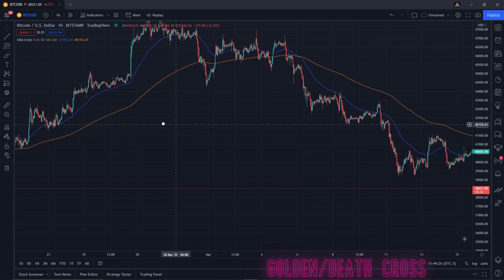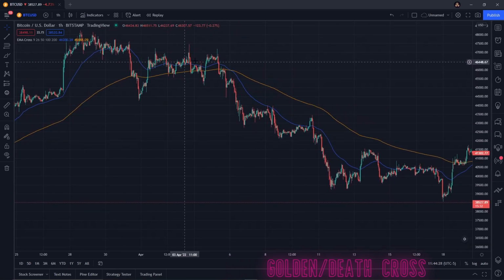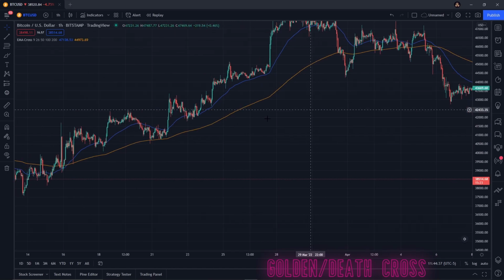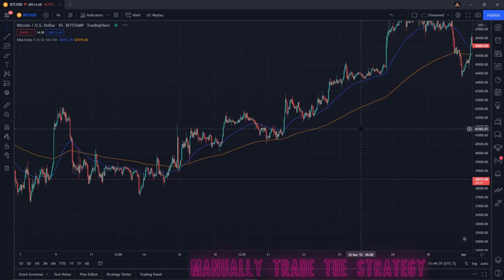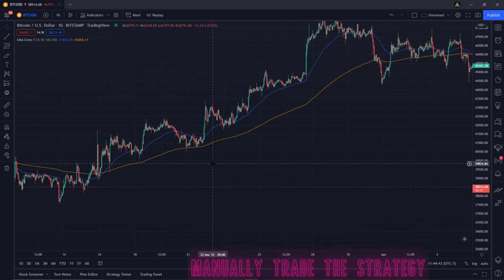So essentially, trading the golden or death cross is just waiting for these values to cross over and initiating a position based upon the cross. If it's a death cross, you would take a short position. If it's a golden cross, you would take a long position. Now there's a couple different ways to do this. As I just said, the very simplistic way to do this is to just set up an alert for this strategy, and you can go to something right here like